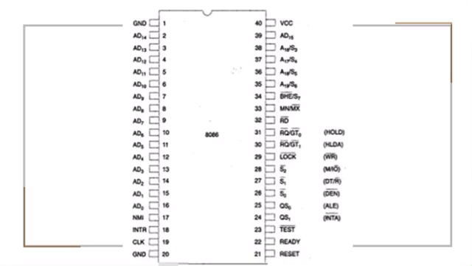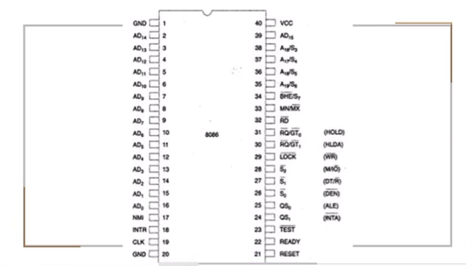As you can see here, we also have A19, which is S6, and A16, which is S3, which you can see in the 38th pin. These are address and status bits. Address and status bits are multiplexed to provide address signals A19 to A16 and also status bits S6 to S3. The address bits are separated from the status bits using the ALE signal.